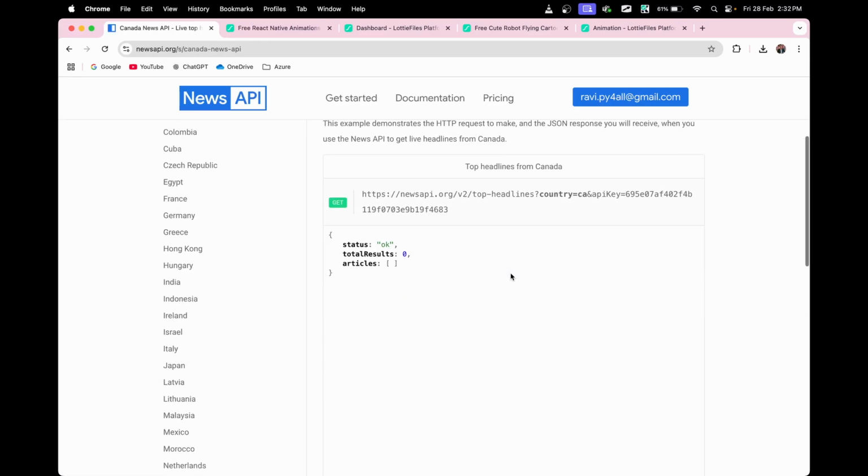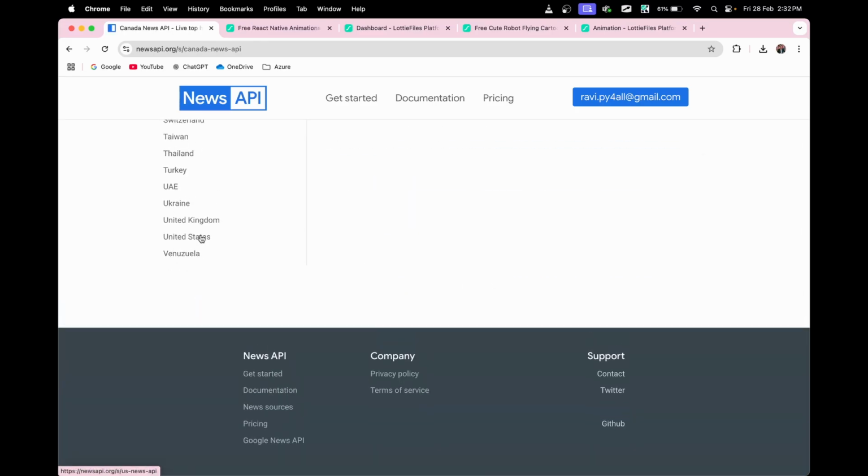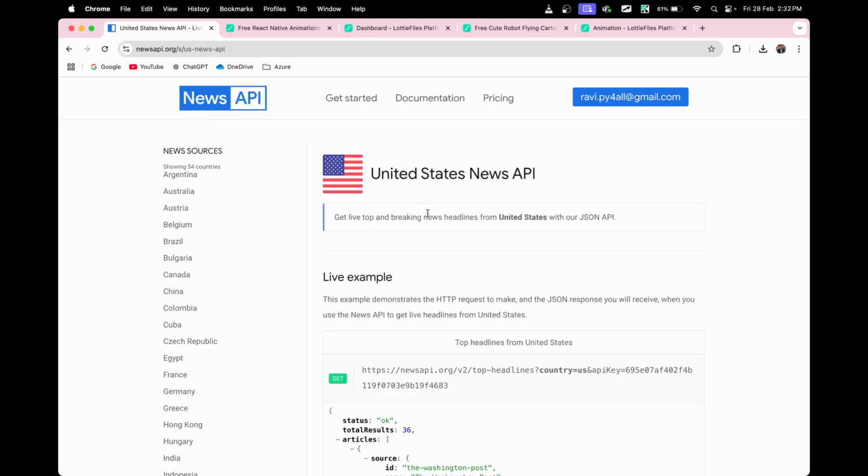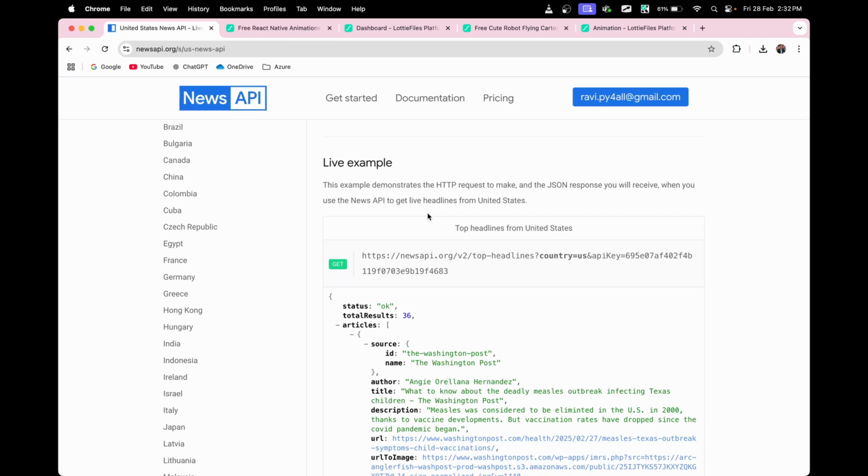You can try. If data is not available, that's completely fine, because we are just testing it out. So right now the data is available for United States, and this is the URL. Now if you want to break down this URL, you can take out the API key, put it in